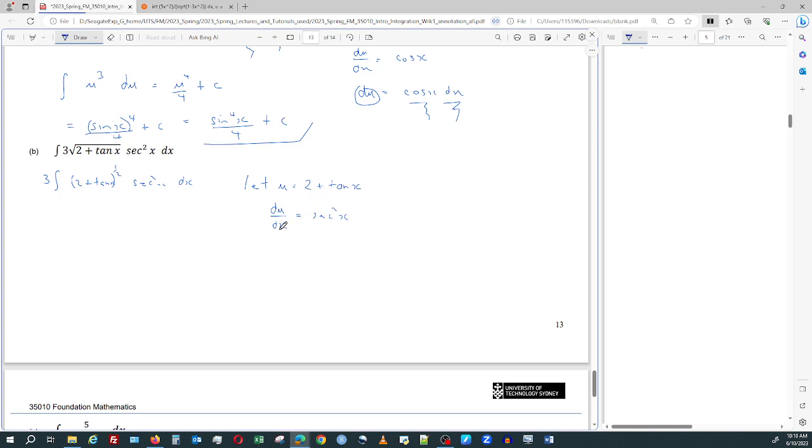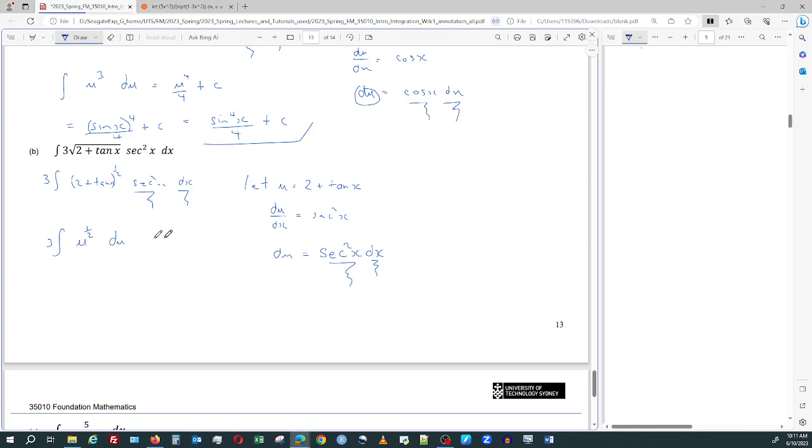This is another one of these wonderful things, multiplied by dx, and we get sec squared x dx. Are you there? The answer is yes. Are you there? The answer is yes. So we're substituting both of those out for du. We have the 3 out the front, and we have the trivial substitution,